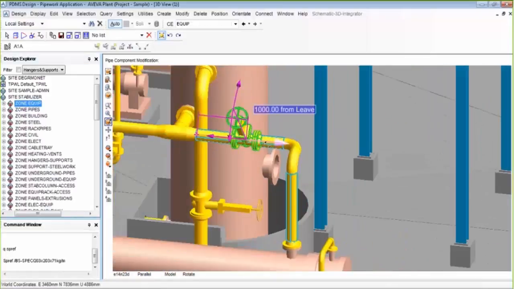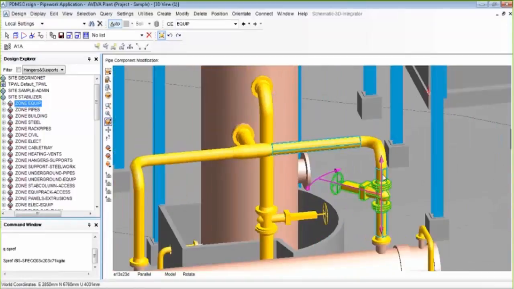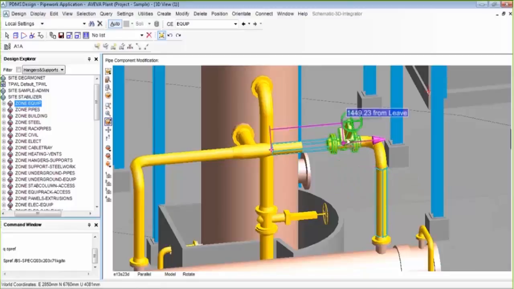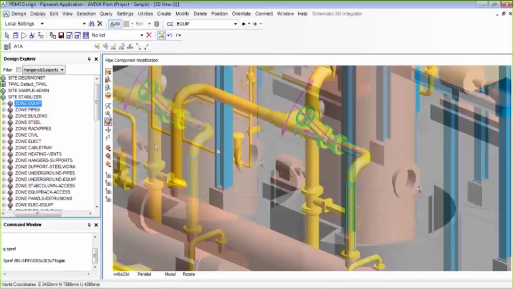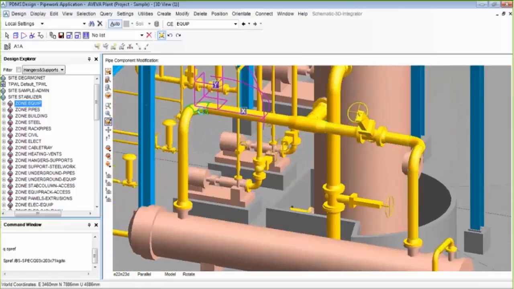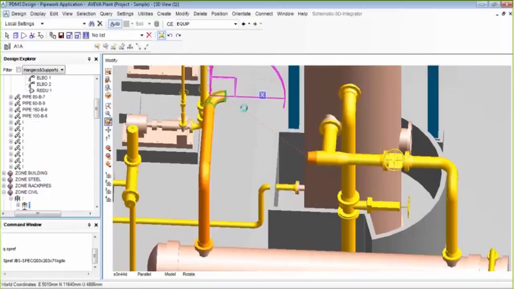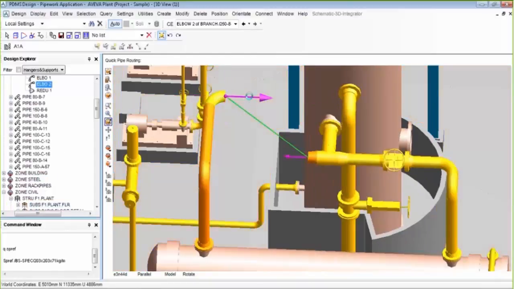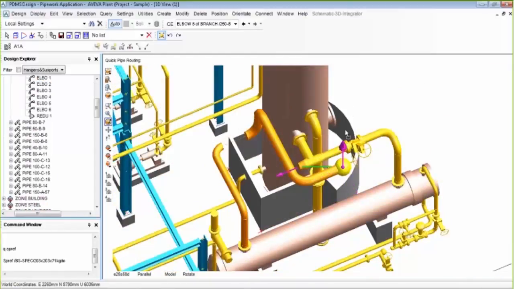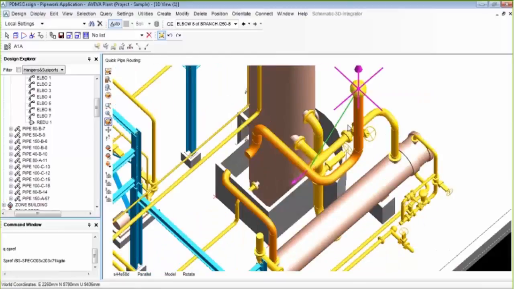If you want to change the leg, it is very easy to do the positional modifications here using the model editor. Model editor can also be used for routing and all. We can use this tool for pipe routing.